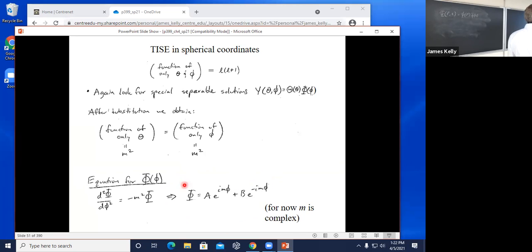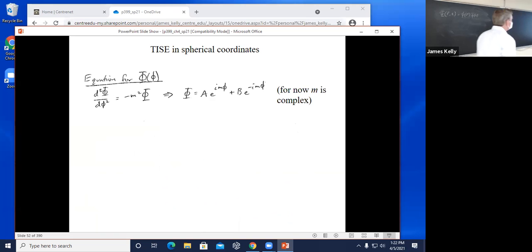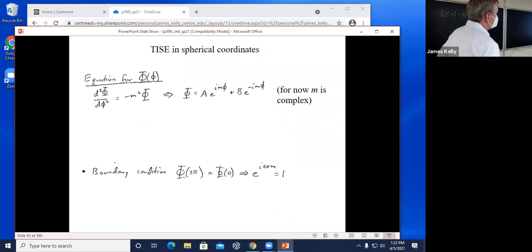We have to apply some boundary conditions to this solution because phi only goes between 0 and 2 pi. So whatever this equation is doing at 2 pi, it better be doing the same thing at 0, right, in order for phi to be continuous. So let's apply those boundary conditions now. So phi at 0 is 1, right? When you put in e to the 0, you get, let's see,